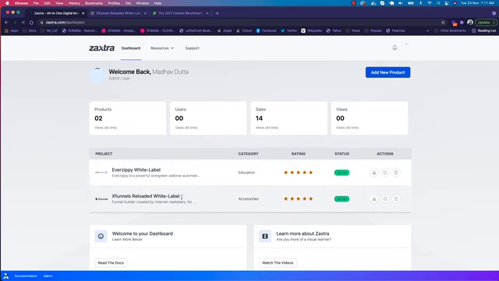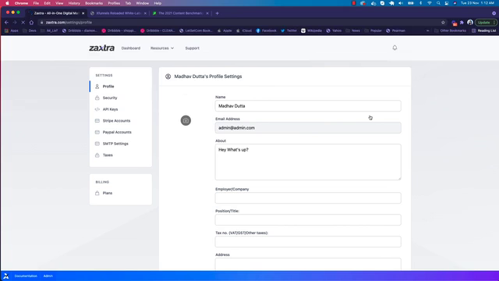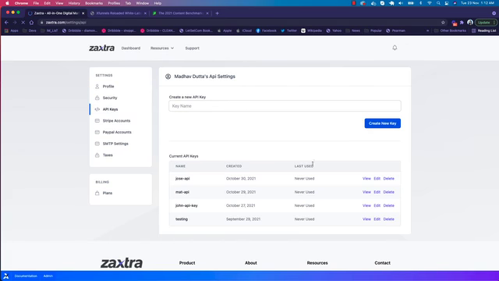And in Xfunnels Reloaded White Label, if you want to change anything, you can just click on Access Seller dashboard and edit anything on this. This is the notification area, and there are a couple of new things which we have added inside the My Settings option. If you click on My Settings, you will see the taxes, the PayPal account, and the API keys. You can actually generate the API key for your own API use.